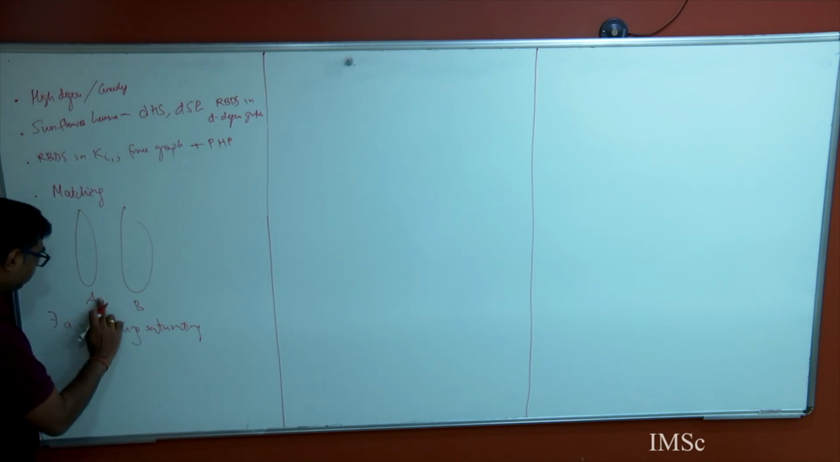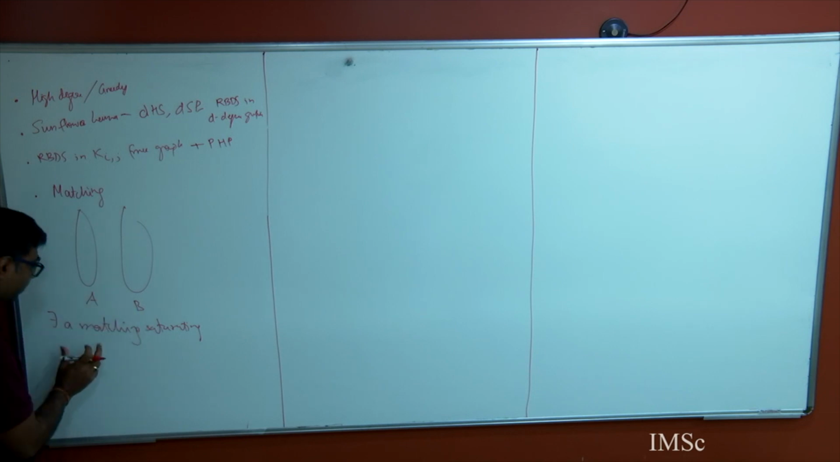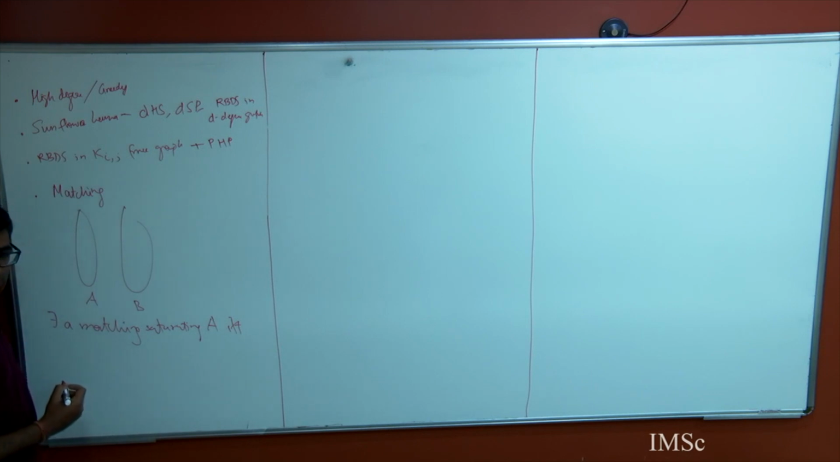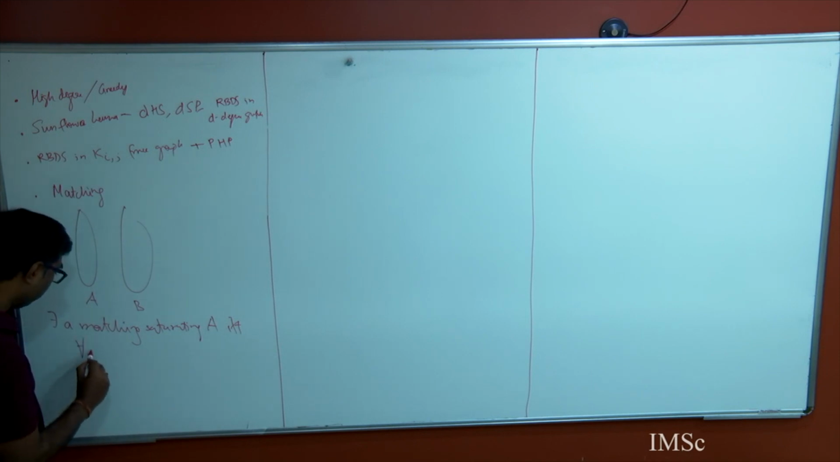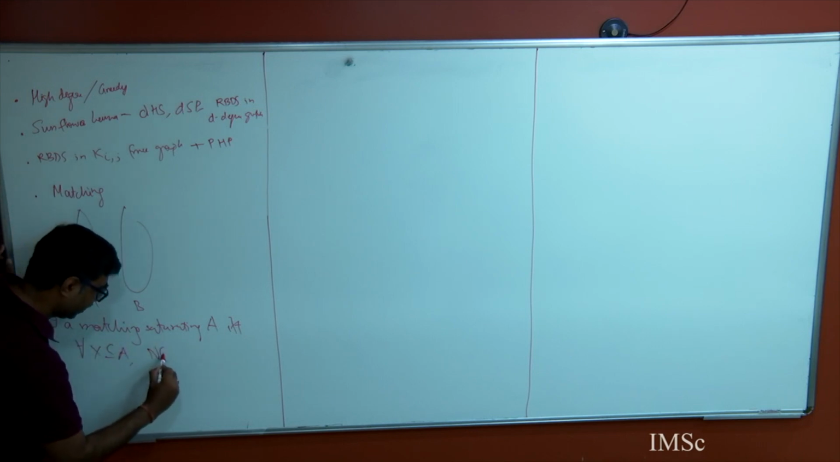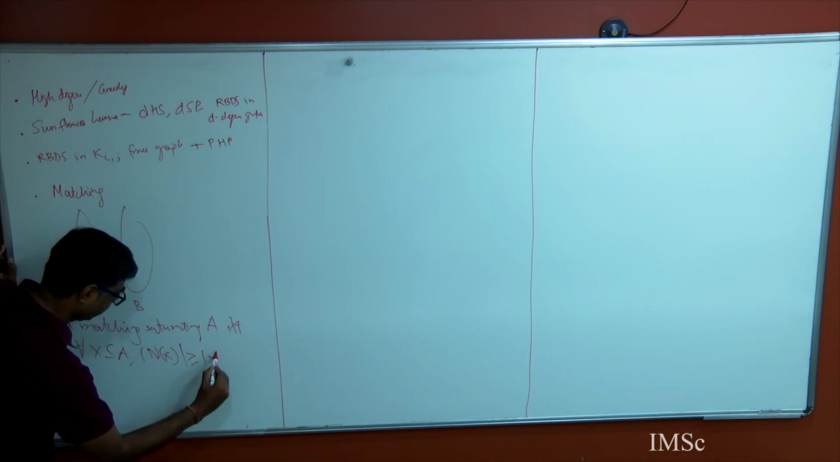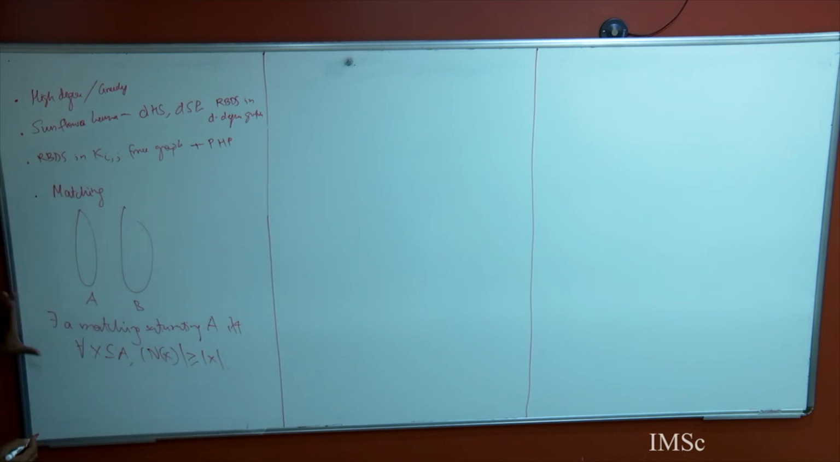So if I have A and B, there is a matching saturating A if and only if, what was the criterion, for all subsets X of A, the cardinality of N(X) is greater than or equal to the cardinality of X, right? So this is the classical theorem, and how do we try to apply it? Either there exists a matching, so in all our applications,